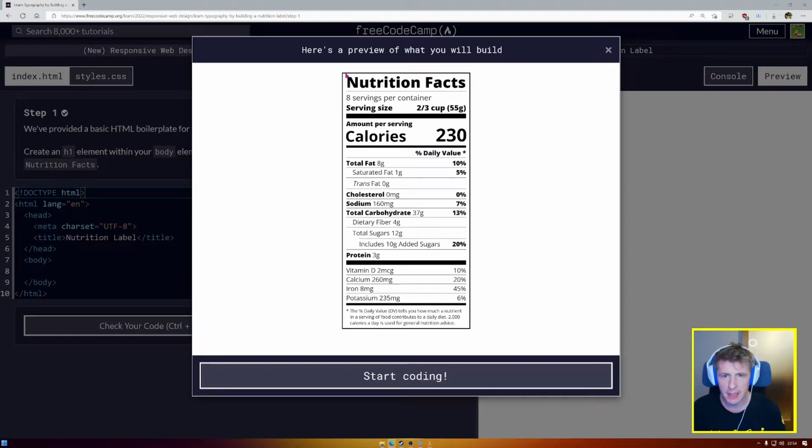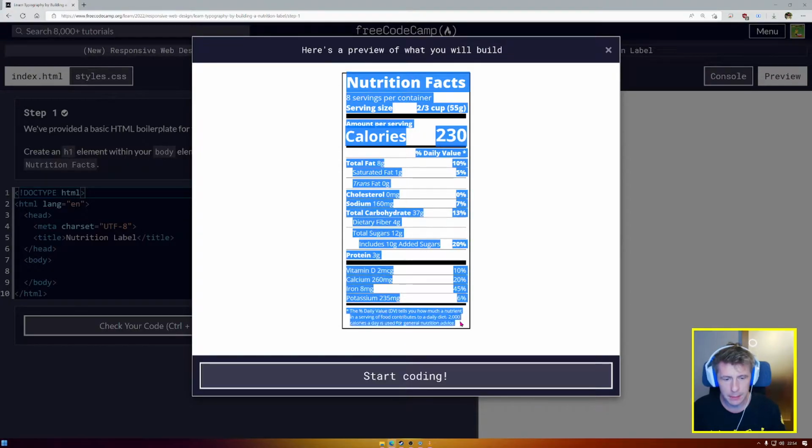Today we're going to be making this nutrition facts label, and along the way we're going to be learning a lot about typography in HTML and CSS especially. How we control our text, what it looks like, spacing, bold, italics, all of that stuff is going to be